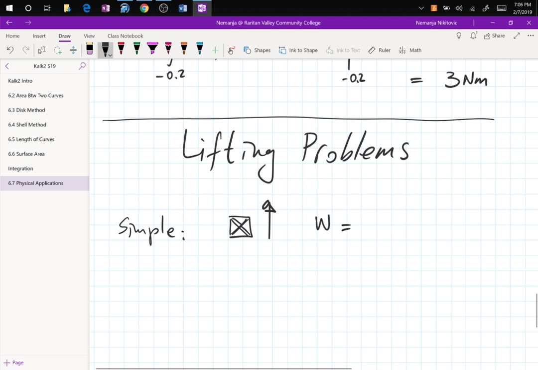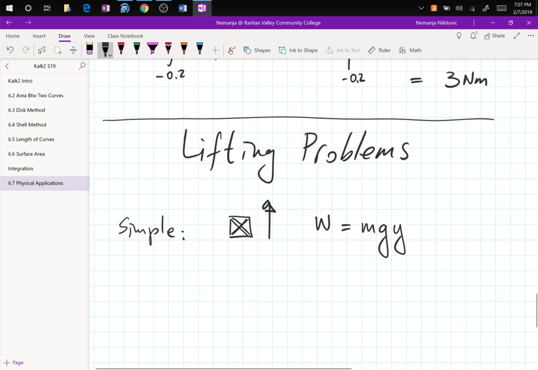The work done is going to be force times the distance, right? So force is mass times gravity, and then times the y, so mgy, and that would be the work done